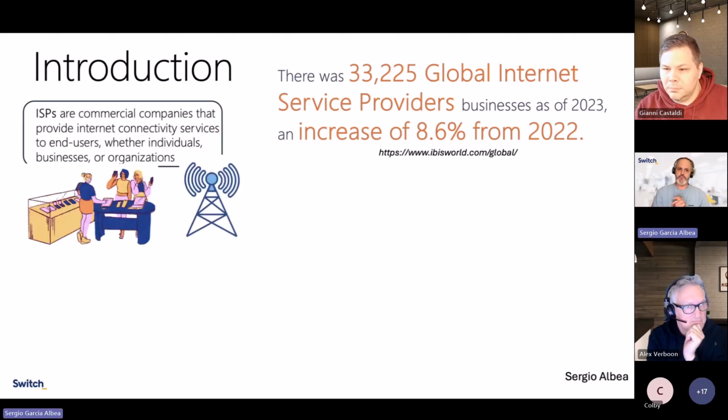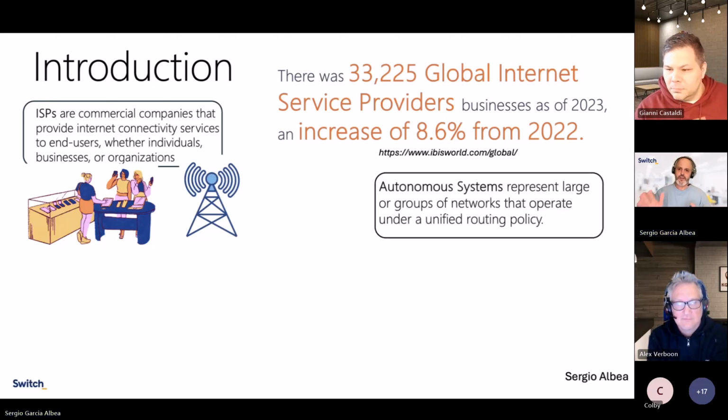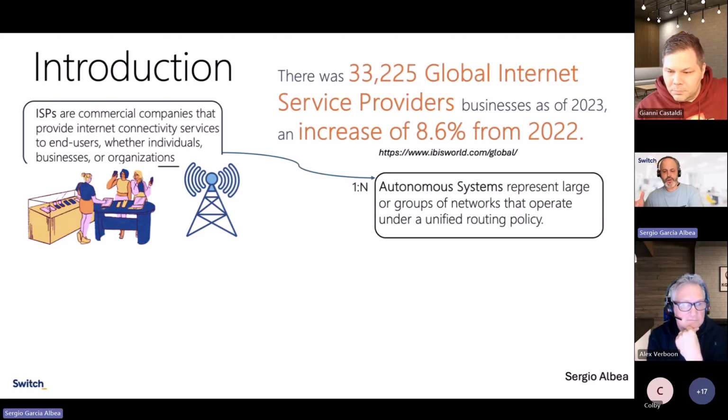What is an ISP? An ISP is a typical company that you go to contract internet. So it can be Vodafone, Swisscom, Telefónica in Spain. There are different ones. So you go there and they give you access to internet. What are autonomous systems? Take it as a range of IPs that the ISPs are using to give access to the internet. So every ISP is able to have at least one or multiple autonomous systems. What it means at the end is a group of ranges of IPs that can be shared with the clients.